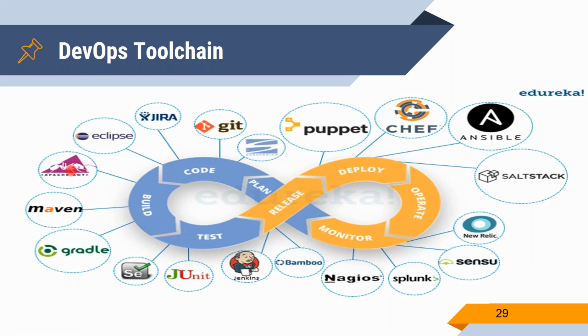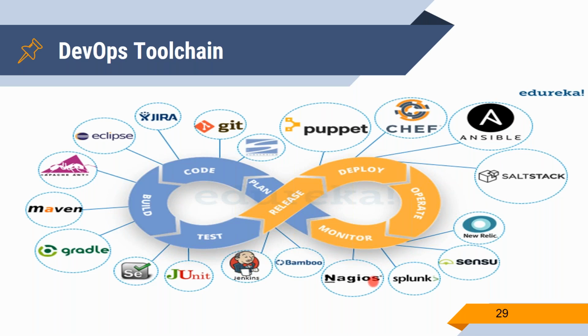For build, we are using Apache Maven and Gradle. These are some of the build tools, and we have 100+ build tools also. These are the common build tools used in Java-based developments. And we have Selenium automation testing and JUnit automation testing for Java, and we have NUnit automation testing for .NET. And for release purpose, we are using Jenkins and Bamboo. These are some of the famous tools for continuous integration and deployments.